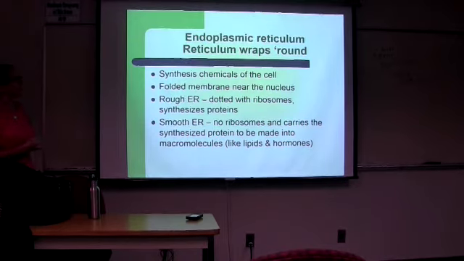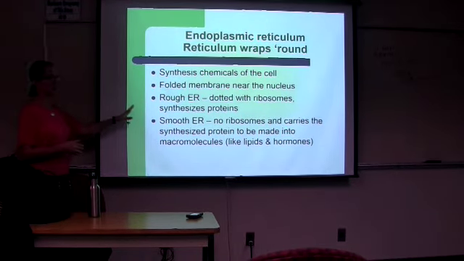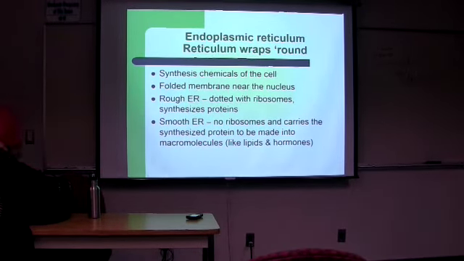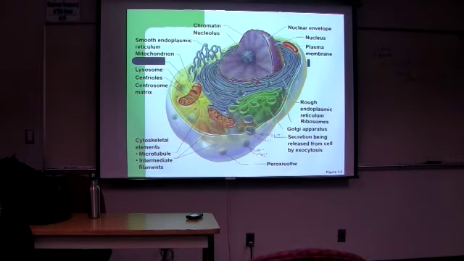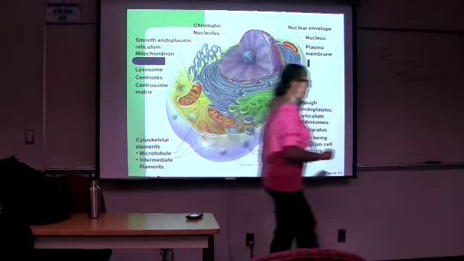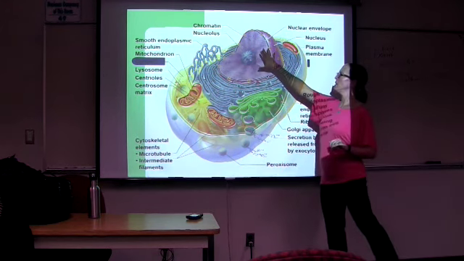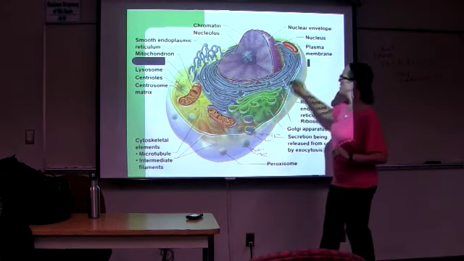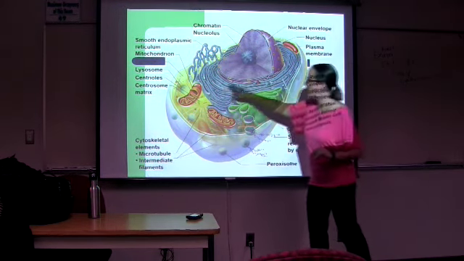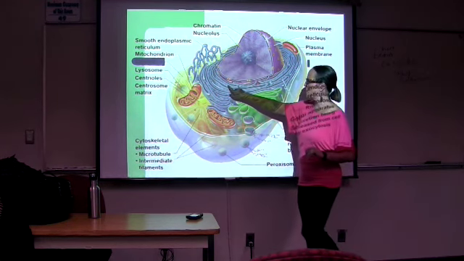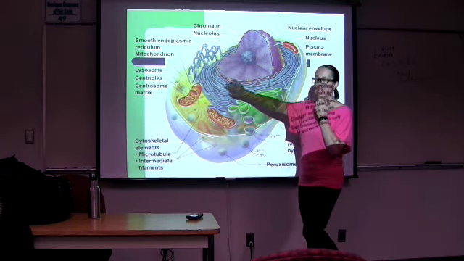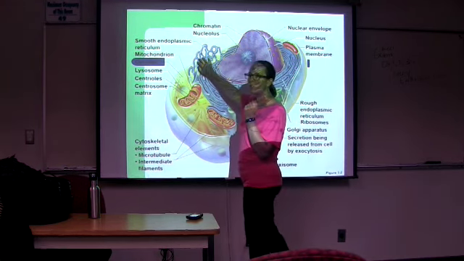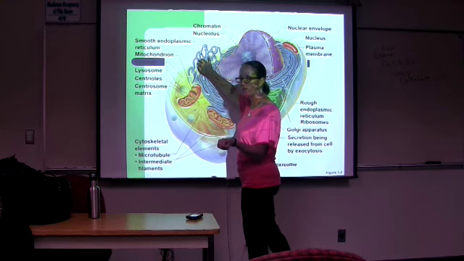Those ribosomes are on the rough endoplasmic reticulum, and that's why it's called rough endoplasmic reticulum. You know what, I should show you pictures. Let me go back to this picture really quick, okay? I like pictures. So we have the nucleus, and then we have the endoplasmic reticulum. It's this series of structures that kind of wrap around. This is where we have the ribosomes, where the protein is made. That is called rough endoplasmic reticulum. We have smooth, and it's known as smooth because it doesn't have those ribosomes on it, just to give you